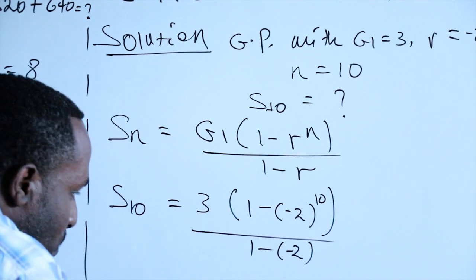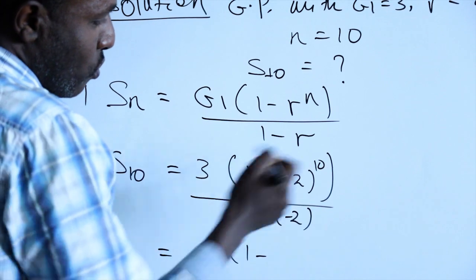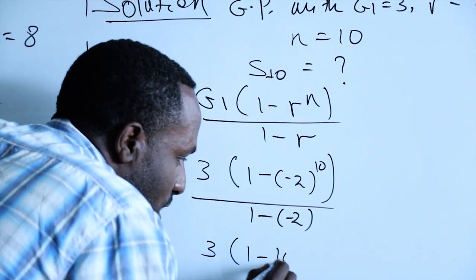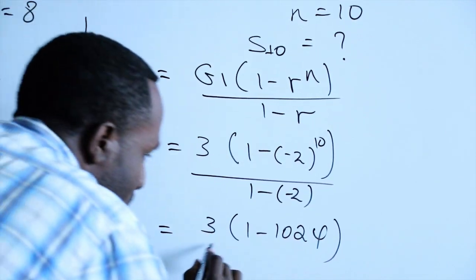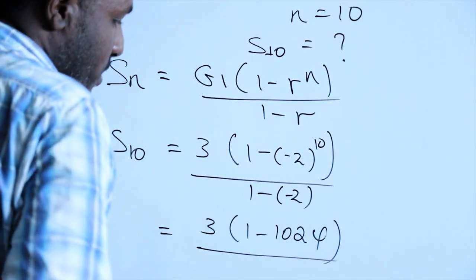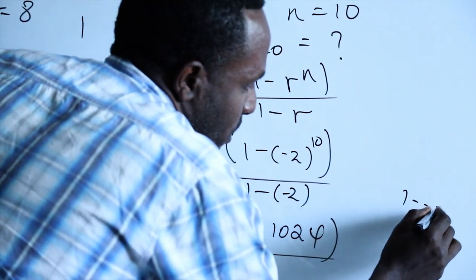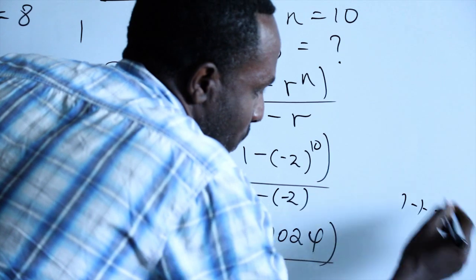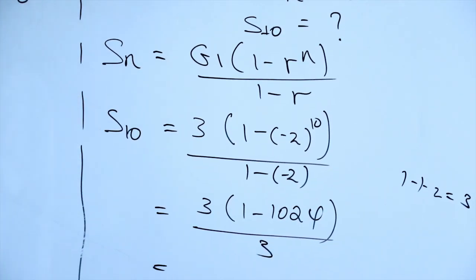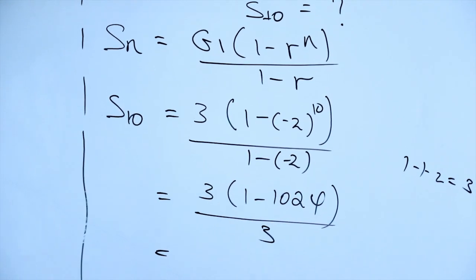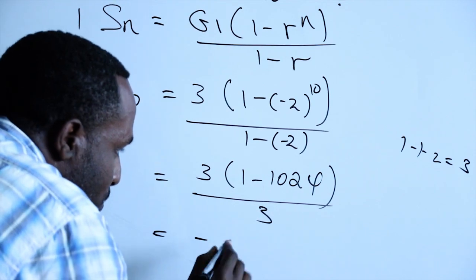So this expression equals 3 into 1 minus (-2) to the power of 10, which is 1024, over 1 minus (-2). Here we know that 1 minus -2 means plus, which equals 3. So the result is 3. Now 3 with 3 is cancelled out or simplified. So 1 minus 1024 becomes negative, which is